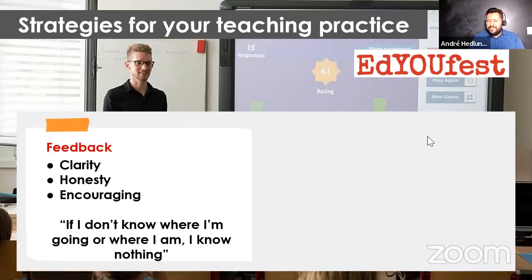So it's encouraging. If I don't know where I'm going or where I am, I know nothing. Remember this. This is a very important sentence, because if your students don't know where they're going, you can't measure their learning. They can't see progress. They cannot make their own learning visible to themselves. So that's why you have to show the direction, but make sure that they're getting there and making progress and recording this progress, registering the progress somewhere so that they can